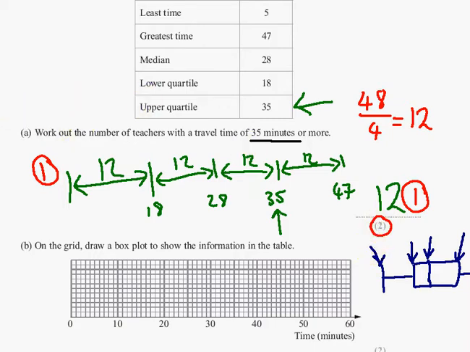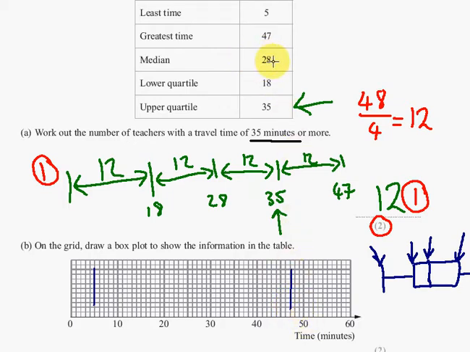So the least time is 5 minutes. Now be careful of the scale. They've given you a nice scale here. Sometimes it's not as nice as this. So 5. The greatest time is 47. So 45, 46, 47's here. The median 28